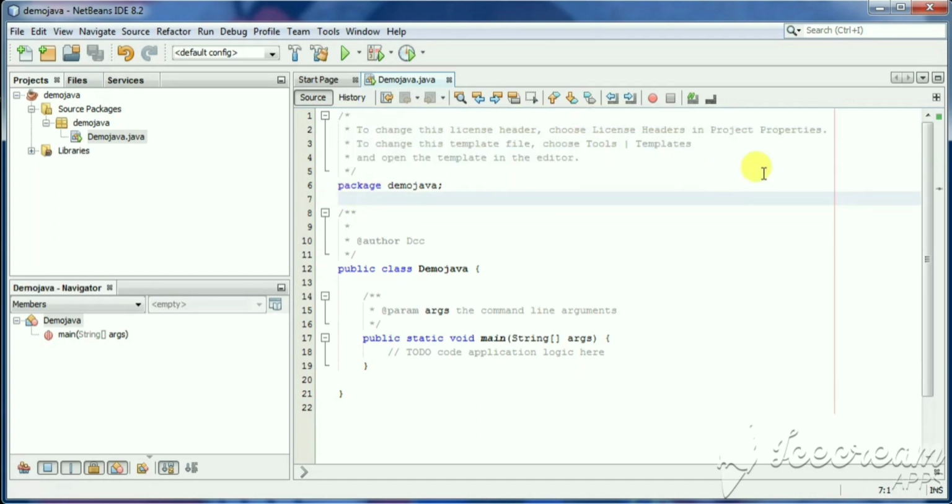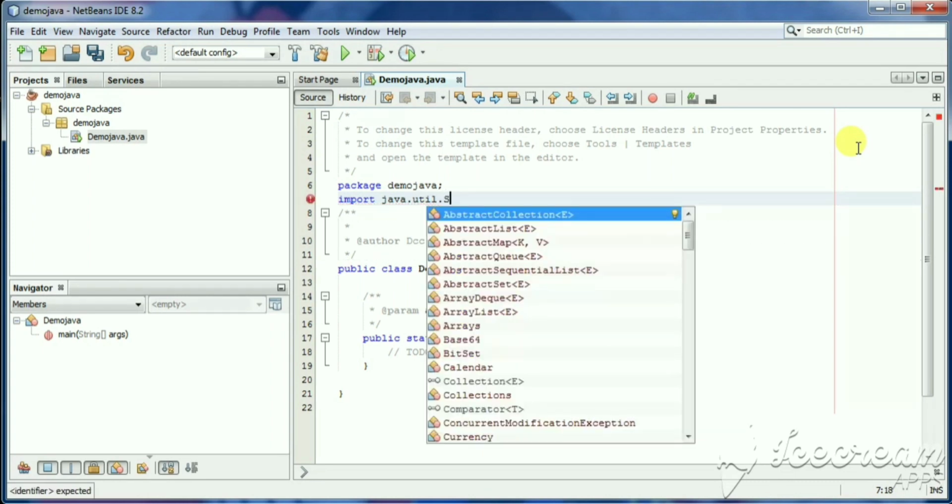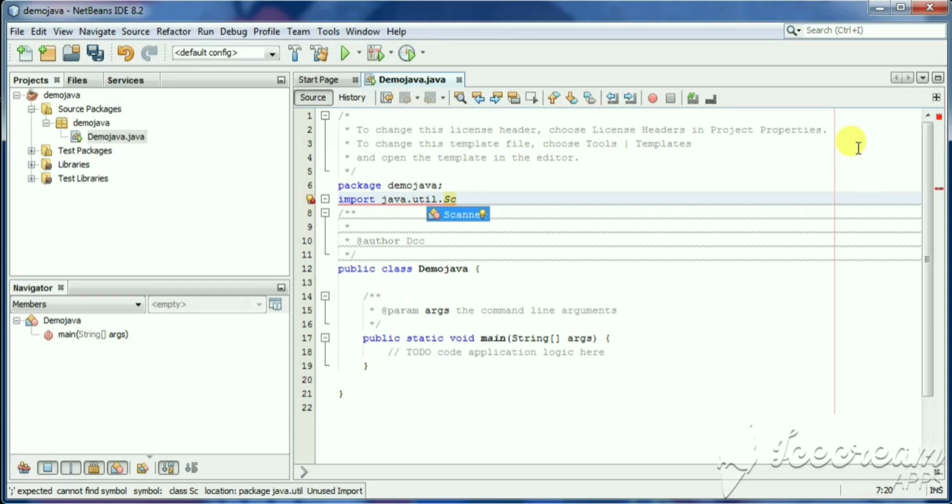Here we have to import a first class, that is the Scanner class. So I'm going to write this: import java.util.Scanner. As you see, the IntelliSense provides you various options regarding your typing.